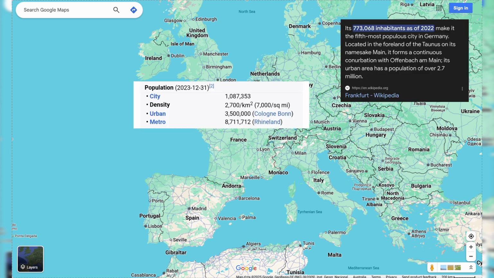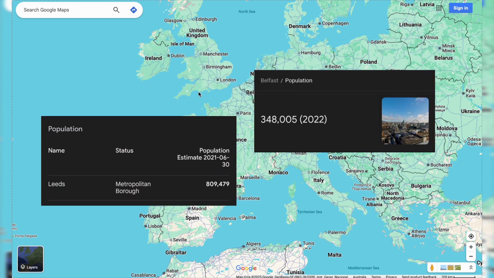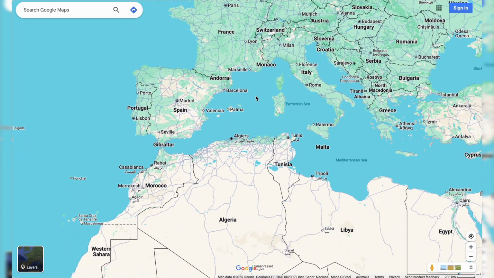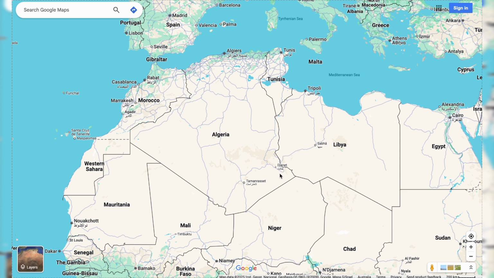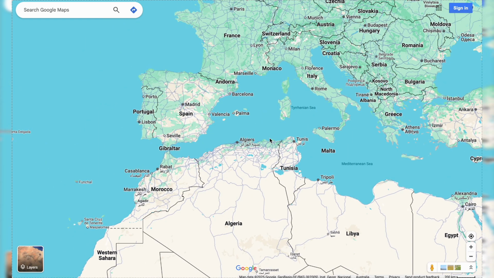And a lot of major cities in Germany and France and even the UK get missed out, which have much bigger populations, just because Europe is a much more dense continent in terms of population, whereas this small town here falls right in the Sahara Desert, so it gets a higher emphasis